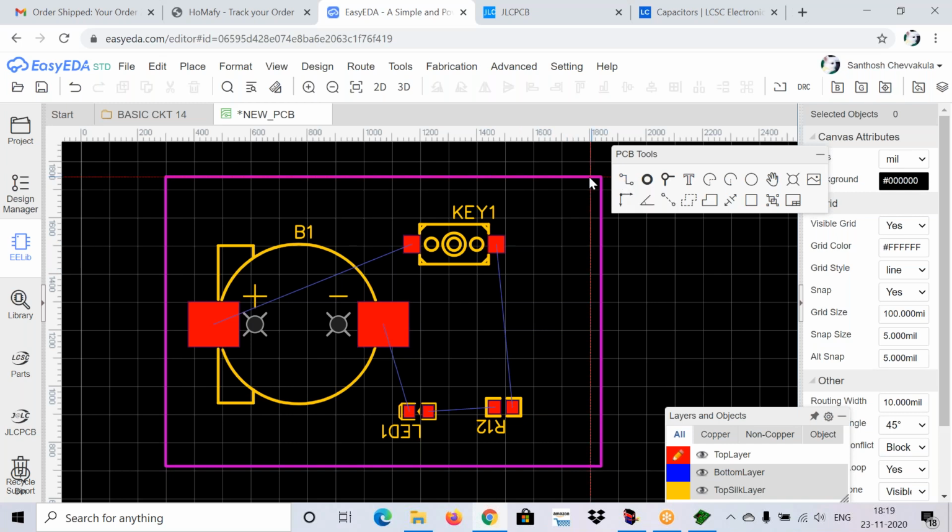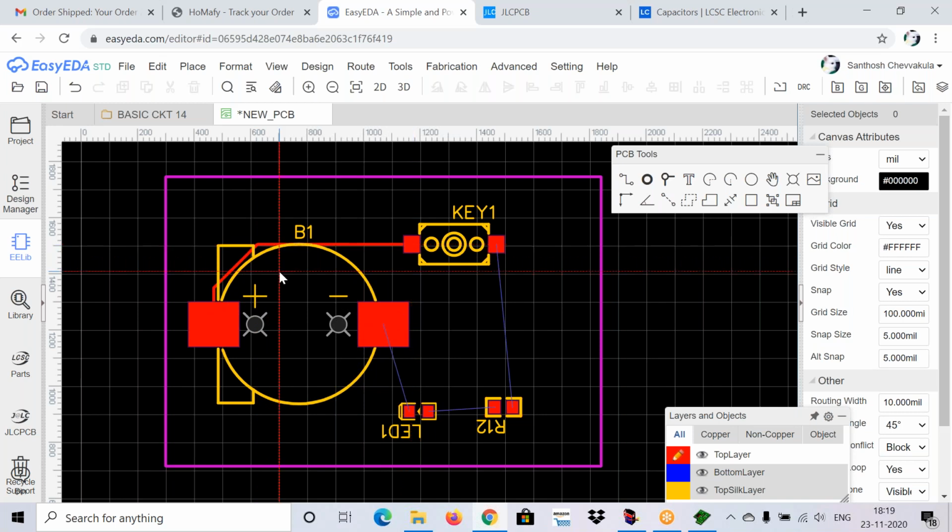Click on the track and go to the terminal center. This is the footprint of a battery, right? You can observe plus and minus symbols. Go to the center of the pads of your components, then give a click. Then you can observe a track. You can take the track as you like. Like that, give the track.